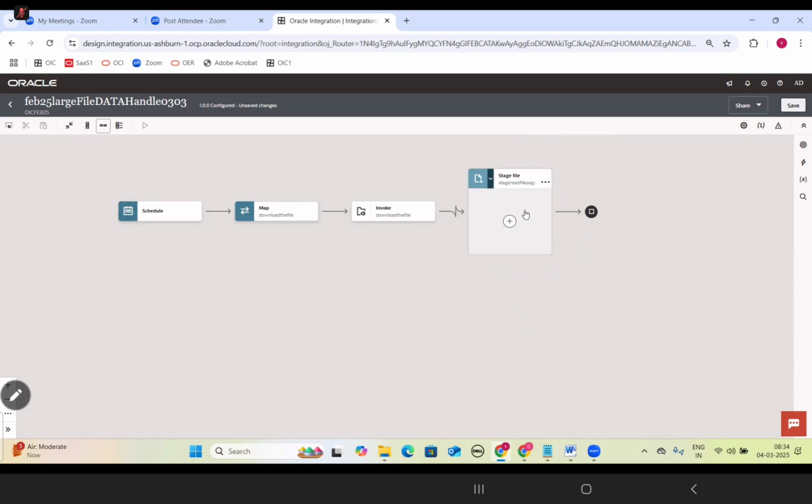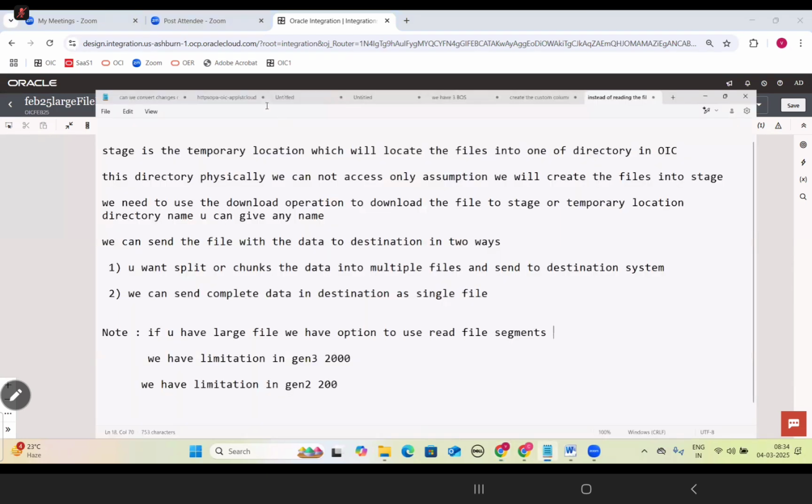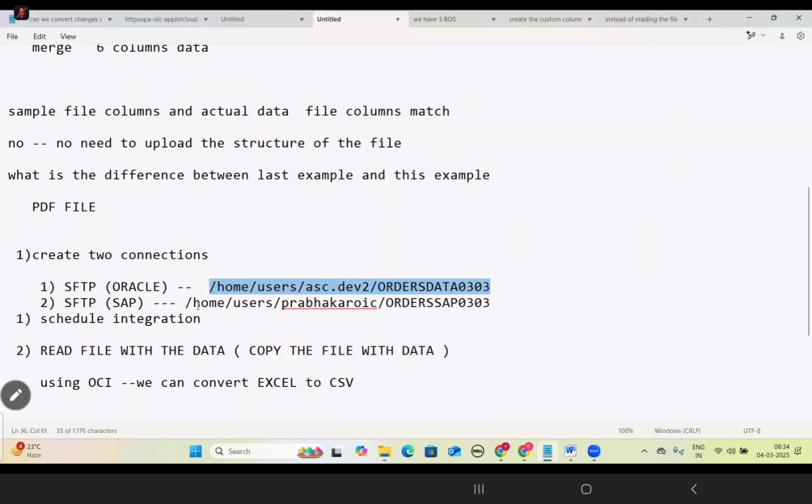So we split the downloaded file into 2000 records each and send them to the write file directory, where we want to write the file, which we have also discussed.